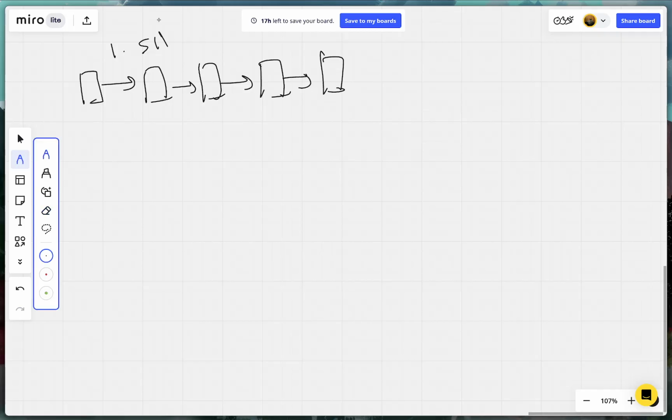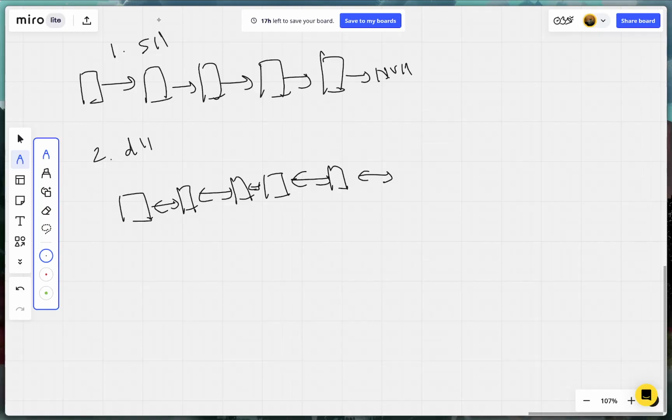Okay, double linked list. In a double linked list, unlike a single linked list, a node keeps track of both the previous and the next node. So it's like this, and then this one should be null and null. Okay, so I'm not gonna go through the code for these ones because all you have to do is